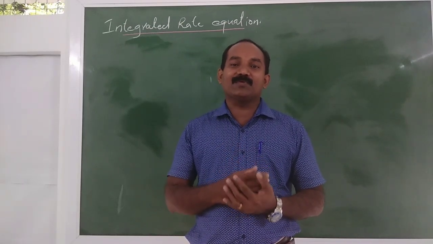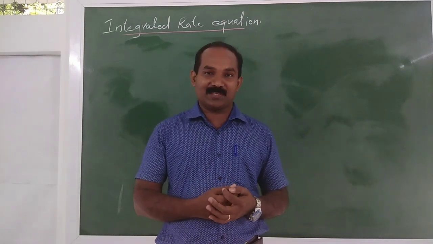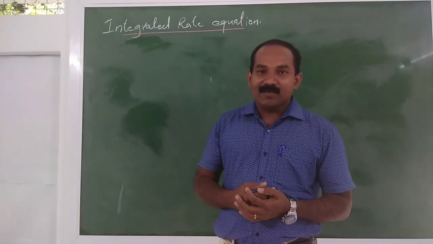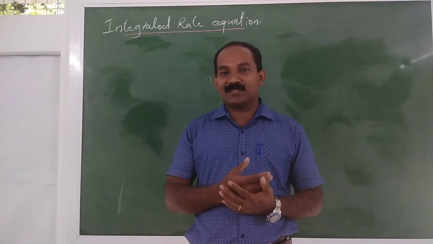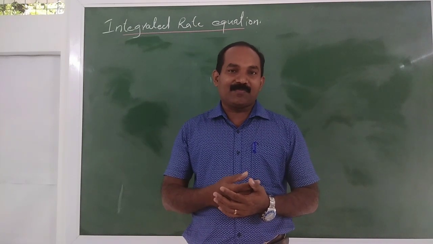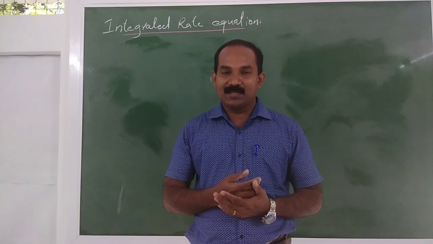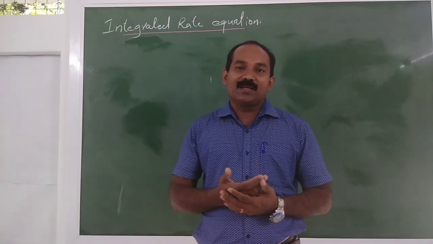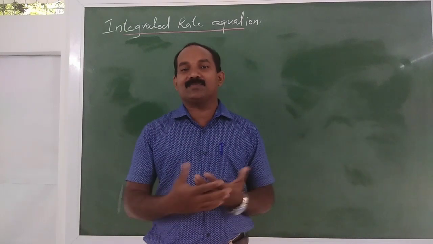Earlier we discussed the average rate, instantaneous rate, order of the reaction, molecularity, etc. In the experimental rate determination, we plot a graph between concentration of reactants or products versus time. From that plot, we draw a tangent at a time t, and the slope of the tangent is the rate of the reaction.